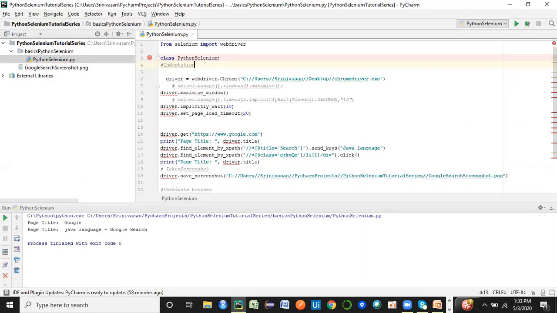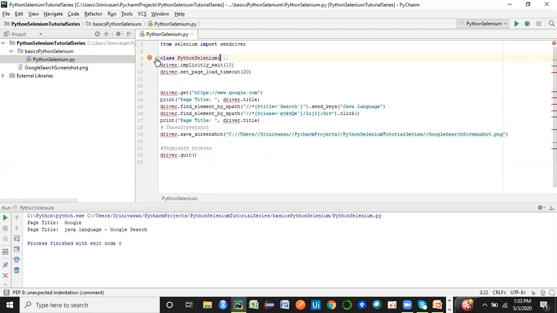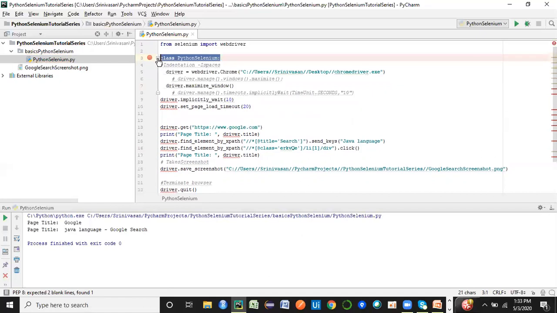If you are not giving correct indentation, you are going to get a syntax error, as you can see here. You have to give two spaces for indentation. If I give two spaces here, one, two, the error is gone. Similarly, if I do it here, the error is gone. Now if you minimize it, you can see those two statements are a part of the scope of the class Python Selenium. So this was the first concept: how to create a class and how the scope of the class is defined.